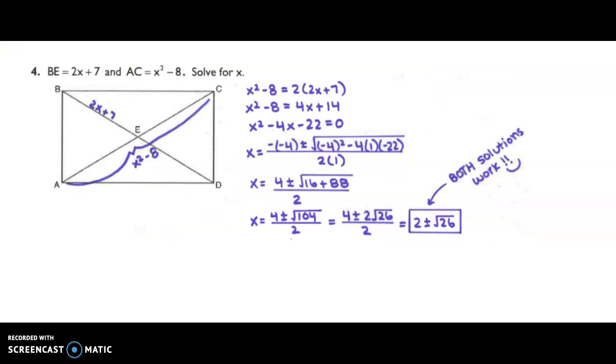All right. And so, using some algebra skills here, we're going to incorporate a lot of algebra work, mixing it in with these shapes and these concepts, okay. Here you have to multiply 2x plus 7 by 2, because 2x plus 7 is only halfway, right? And so you need the other half, and it equals the other diagonal, x squared minus 8. And so we wanted to go over this